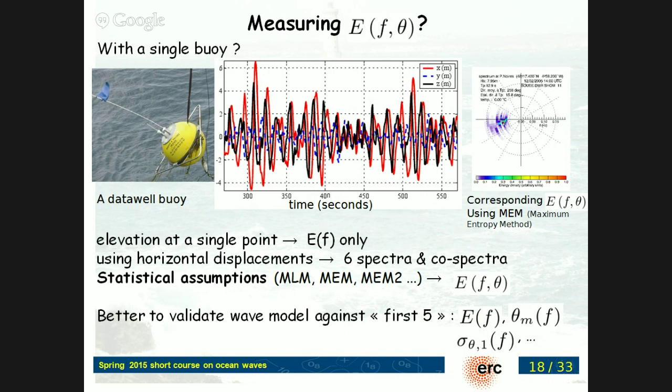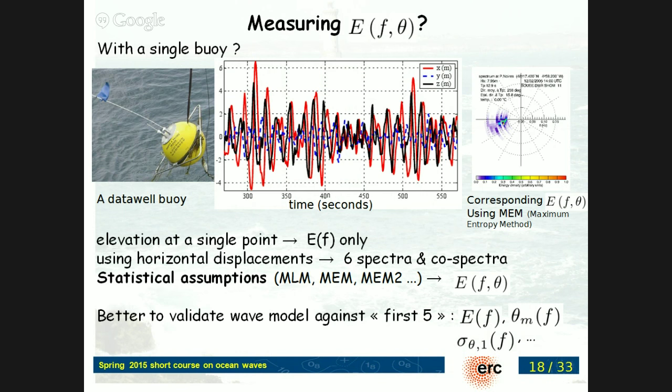And so when you're trying to compare the model and the buoy, one thing to do is probably not to compare the directional spectrum itself, but rather to compare these measured quantities and not these estimated things in which things are made up. To go from these first 5 to the full spectrum, there's different methods. Here I applied what's called the maximum entropy method. There's maximum likelihood method, there's other things like that. So people that do seismology have also fancy ways of going from array measurements to a directional distribution with the azimuth and everything.